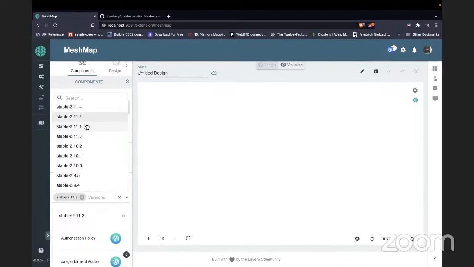Yeah, so that happens whenever these components are built. When these components are built, this is a two-step process. The first step is to generate the service mesh components, and the second step is to grab the core components from the previous latest version and copy paste them onto the newest version that we generated components for.